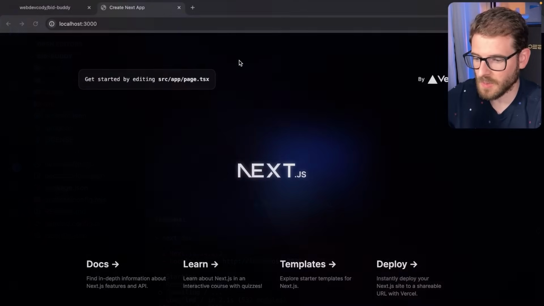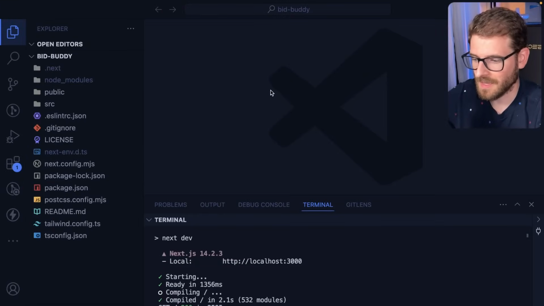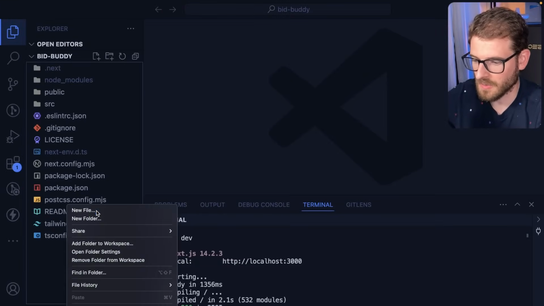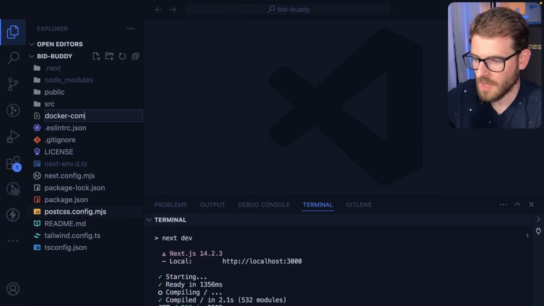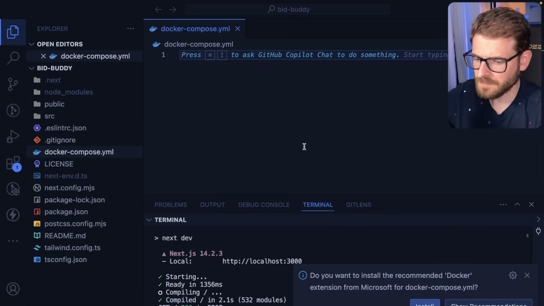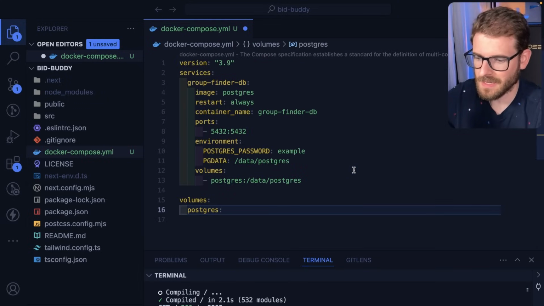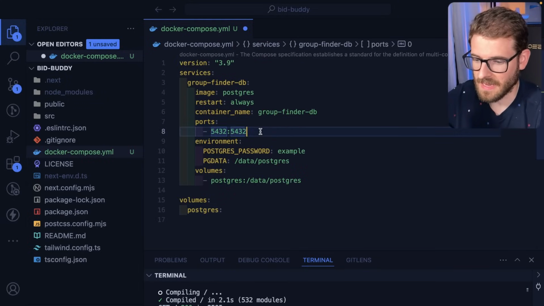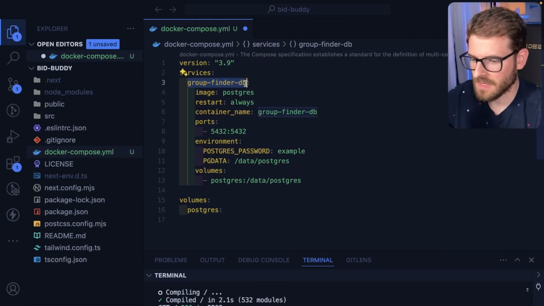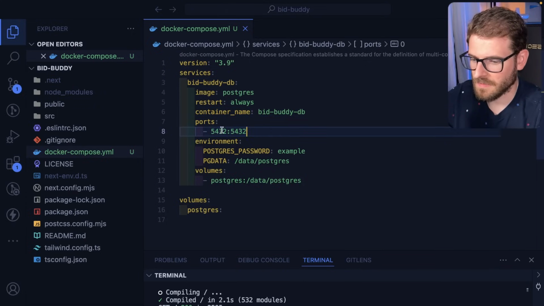But personally, if you're doing development, I would just recommend getting Docker and Docker Compose. So let's make a new file called docker-compose.yaml. And do forgive me, I'm just going to paste in a snippet because it's just tedious to type this out by hand. But I'm going to rename this. We're going to call it BidBuddy. Not big, BidBuddy database. And we will use the default ports here, and we will just basically spin up a